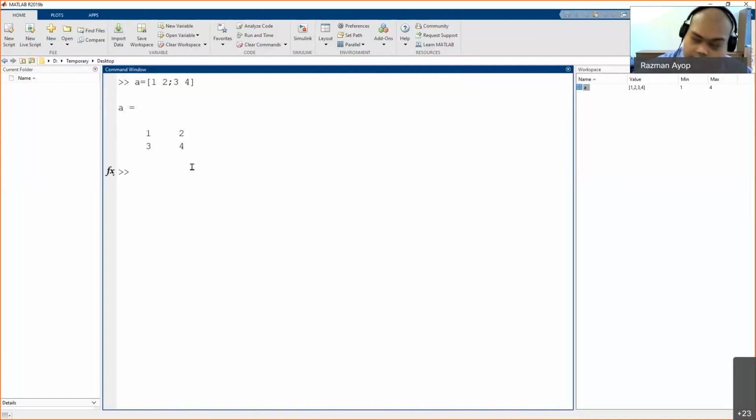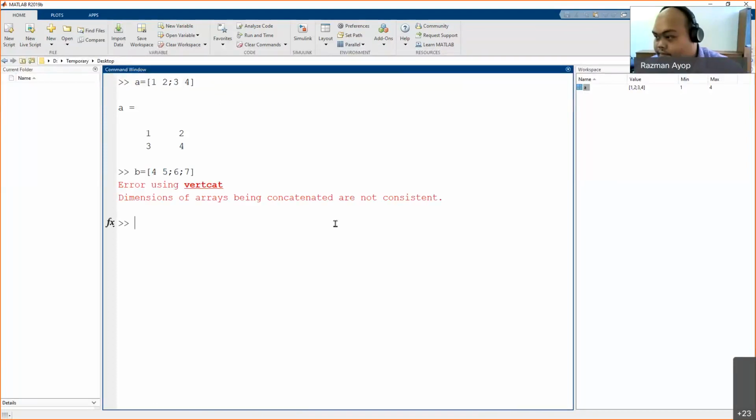And then B is 3, 4, 4, 5, 6, 7. What array operation means is that instead of multiplying 1 with 4 and then plus 2 with 5, which is the standard matrix rule,